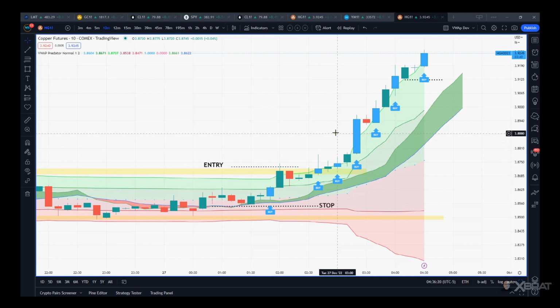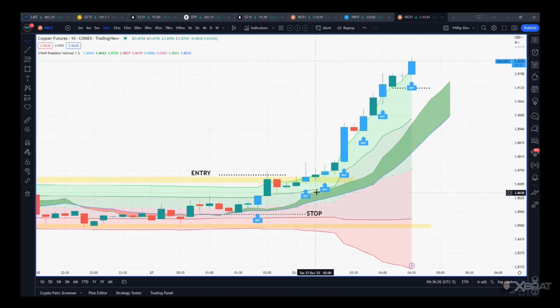So this is what we would call a parabolic move. So managing this, there's two ways to do this really. The green ribbon you see here is taken from our manager. As long as that remains green, we stay in the trade. But you're over 100 ticks in profit right now. You don't really give too much away, and we've had these